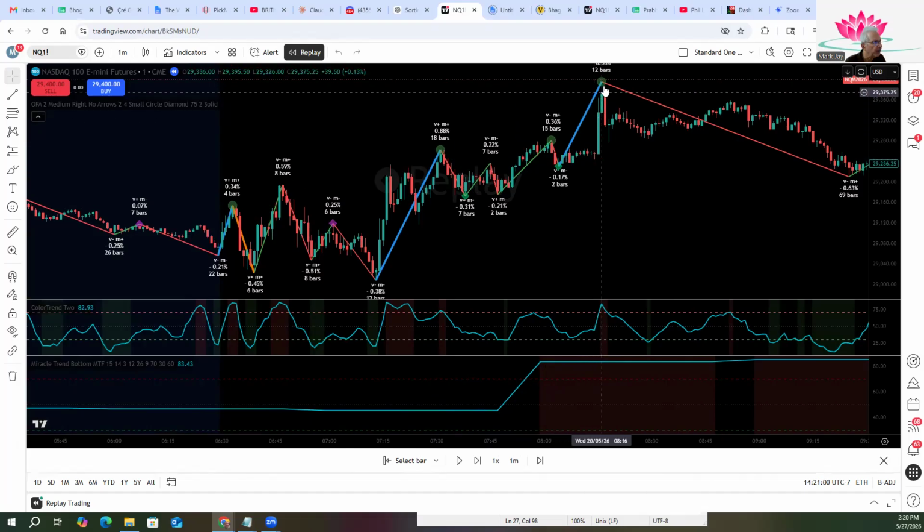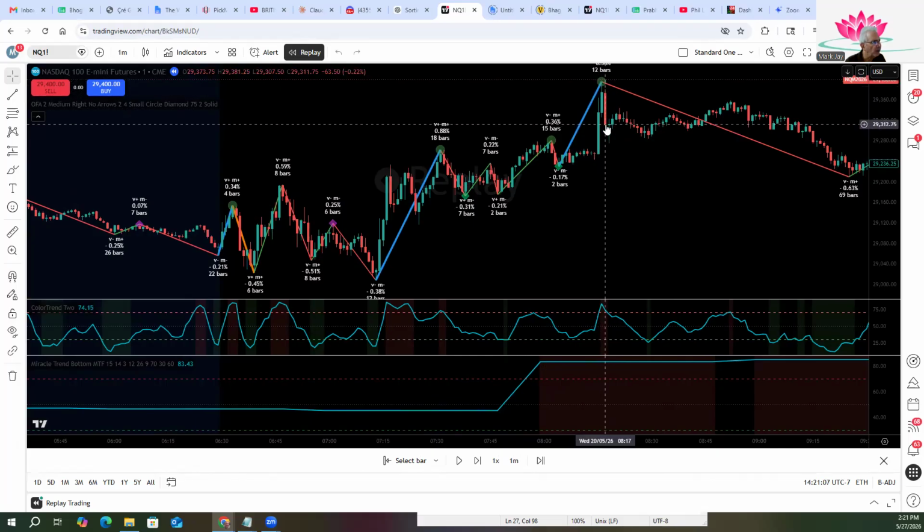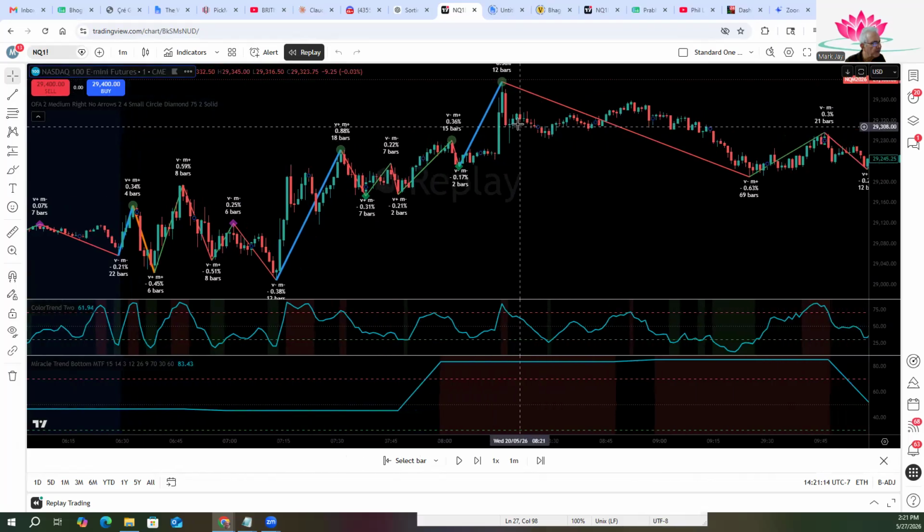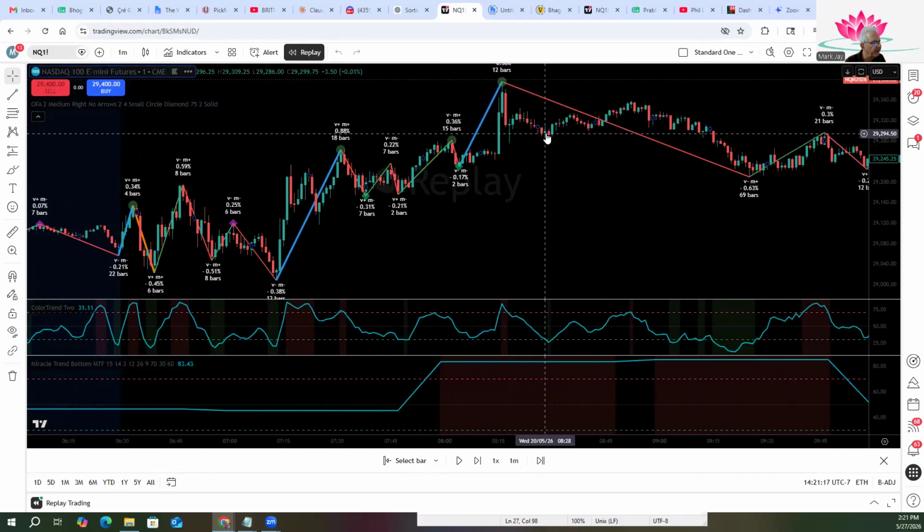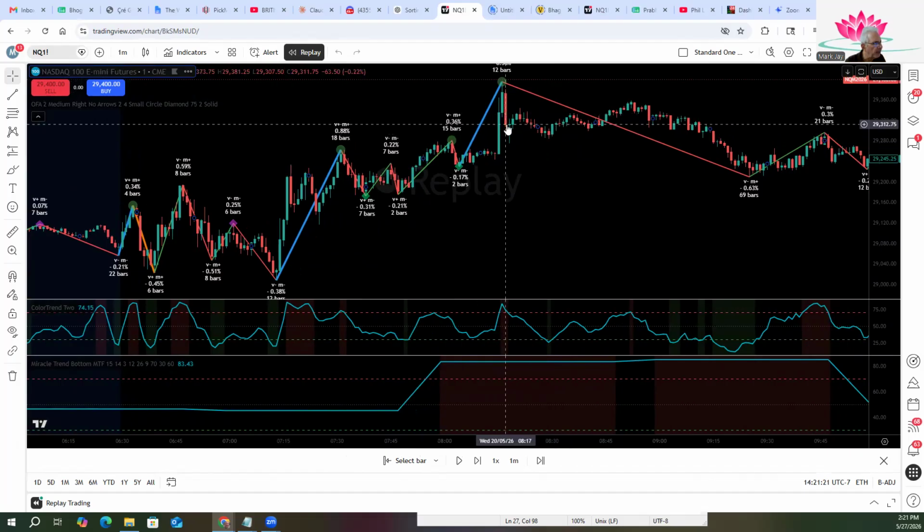Here's a nice trade. There's a big fat circle up here telling us that the market's probably topped out. Might want to wait for this red bar to form to confirm. We're still inside of a red background in the oscillator. We take it short and the market chops around and finally gets us out over here. So this trade is an example: we got in at 8:17 in the morning and we exited at 8:30, a 13-minute trade